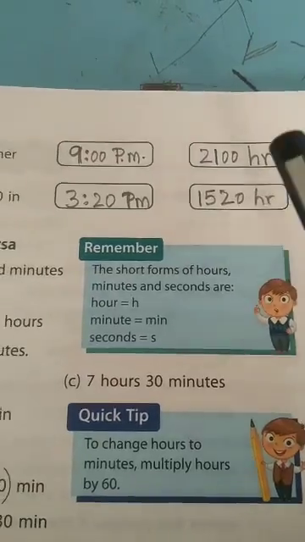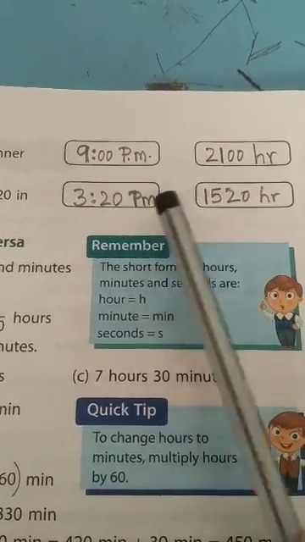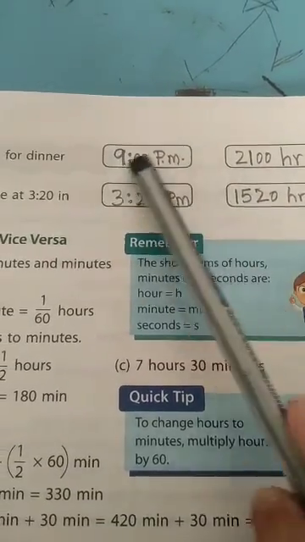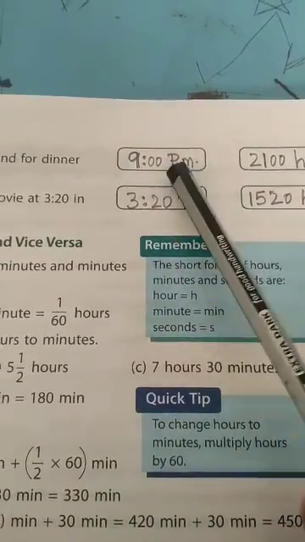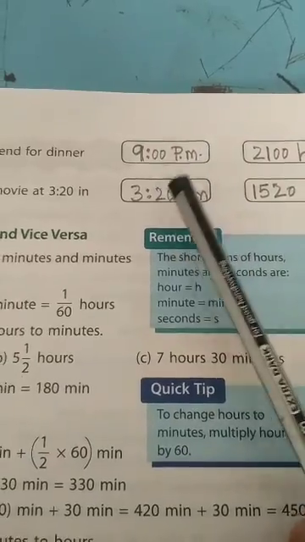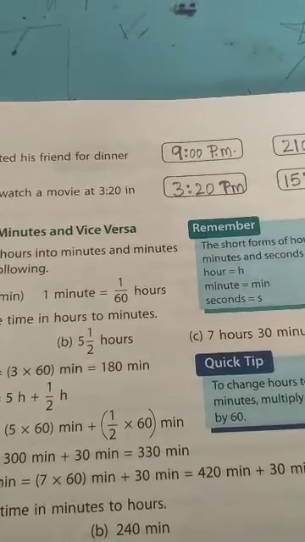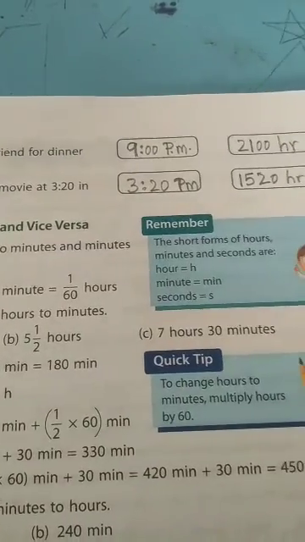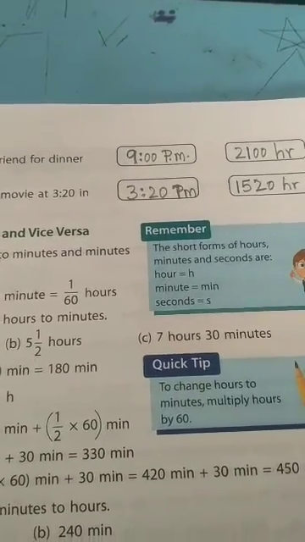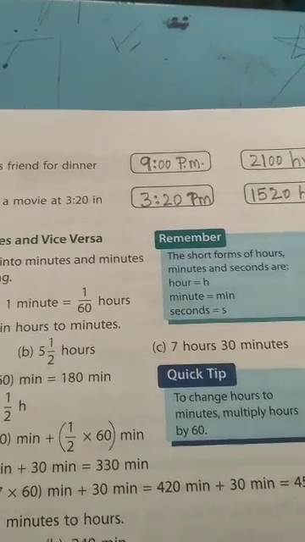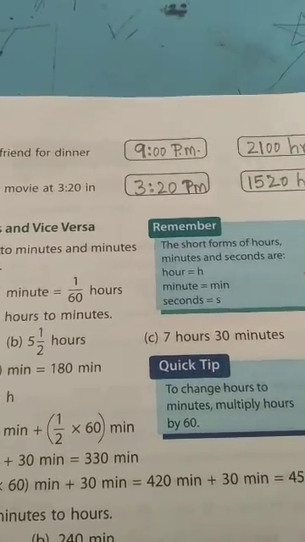This is the difference between 12-hour clock time and 24-hour clock time. But usually in our daily life we use this 12-hour clock time. Understood? So understand these solutions and write neatly in your maths CW. Exercise 5.4 will continue in the next class. Until then, complete your maths CW up to here.